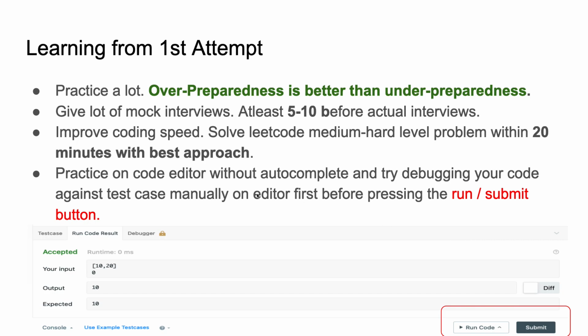First, test your code on that code editor itself against some sample set of inputs. Do a dry run on the code editor, and once you're certain that this is the code you would have given the interviewer if you had faced it in the interview, only then go and press the run and submit button. Always abstain from pressing that in a hurry, right? It will help your debugging skills, and that is really important, trust me. So these are my learnings.